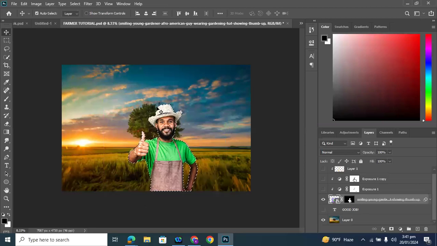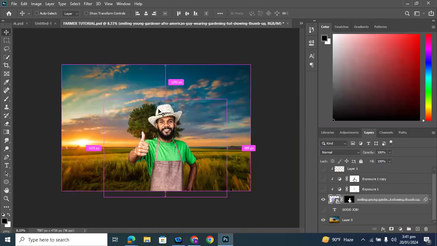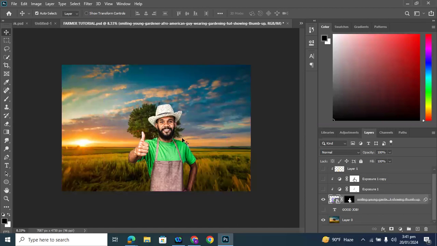Now sometimes when you make a selection and you want to deselect, it's Control D and then it goes off. Control D and it goes off. So keep that shortcut also in mind. So now you see that this gentleman right here is totally different from the background we have here. So once you just cut this guy and then paste him here,